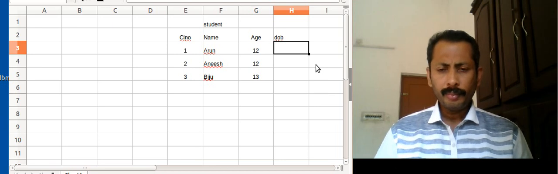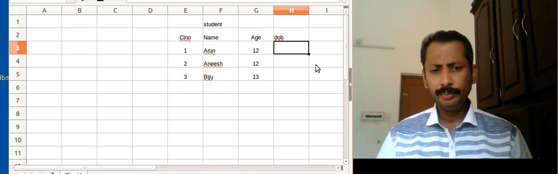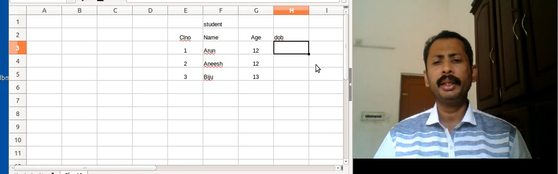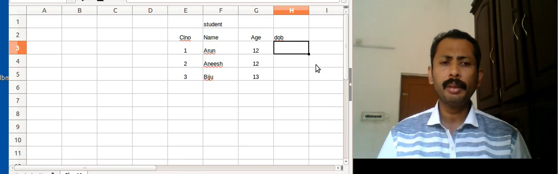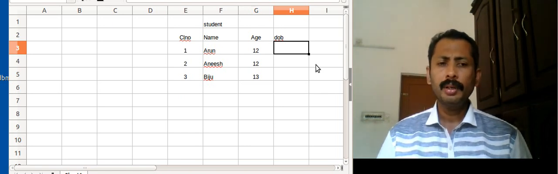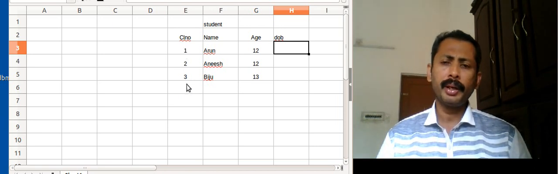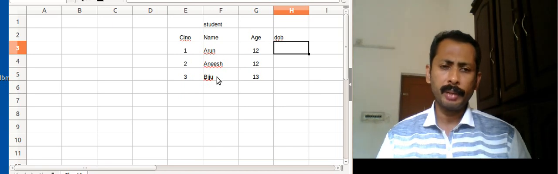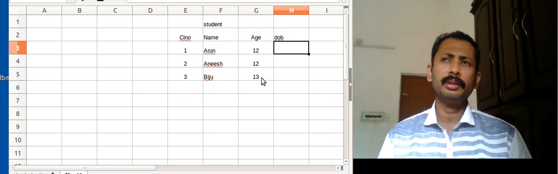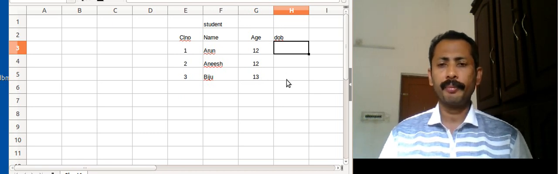Like a programming language, we have data types also in databases. So class number has a number type, the name has a string or character type, age has an integer type, and date of birth has a date type.